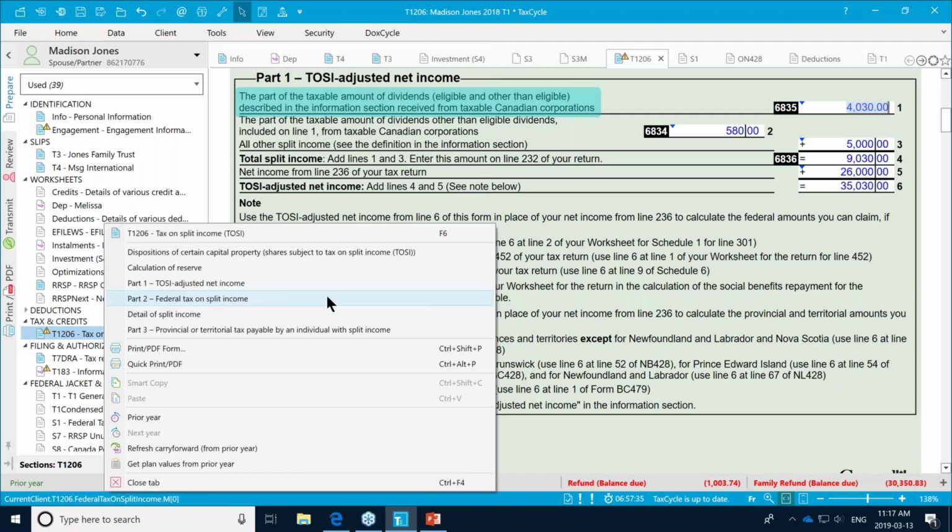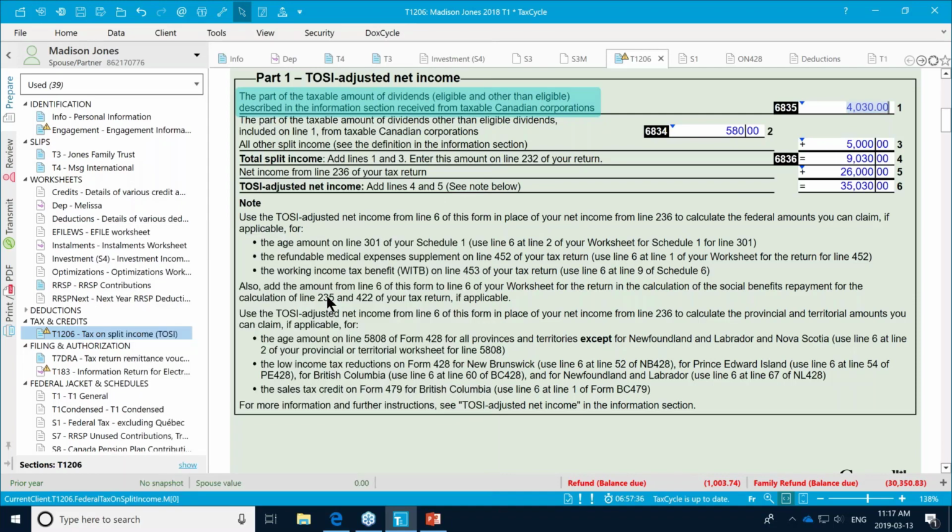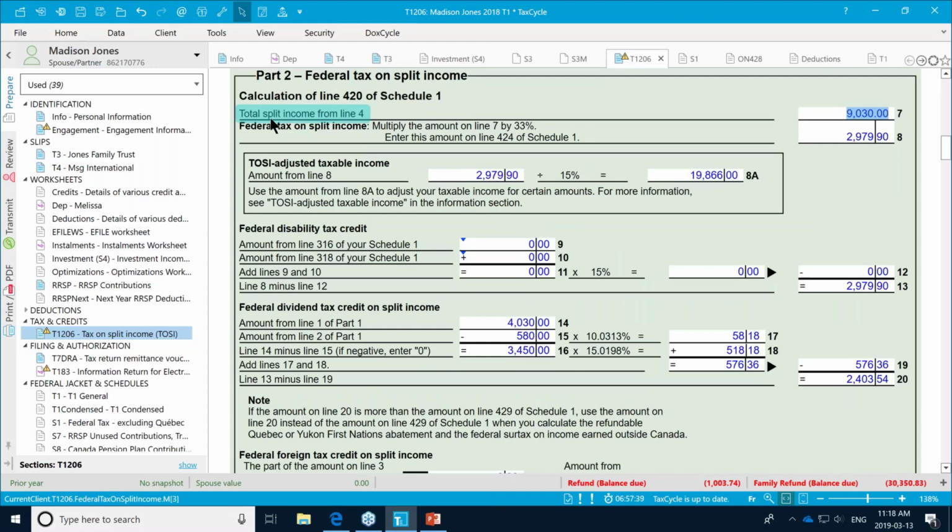If we jump down to the federal section, you can see here's our total split income that applies federally. There is an adjusted taxable income amount, which is then used to adjust some of the credits that are included, and those are all in the instructions.